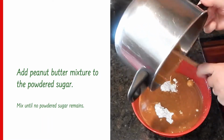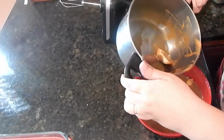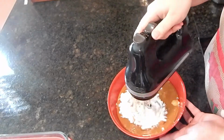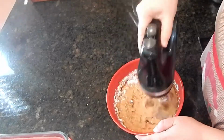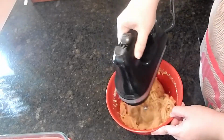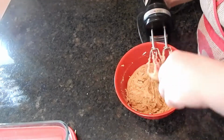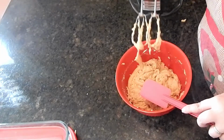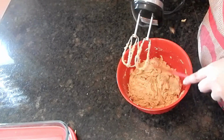Now I'm going to use an electric mixer, and if you use an electric mixer, you want to start on low. If not, powdered sugar will go everywhere. You can also use a wooden spoon or a spatula to mix if you want. I'm going to mix it with the mixer